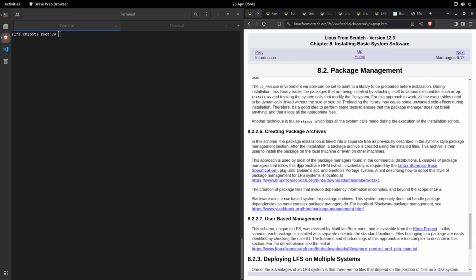This approach is used by most package managers found in commercial distributions. Examples of package managers using this approach are RPM, pkg-utils, Arch's pacman, and Gentoo's portage system. A hint describing how to adopt this style of package management for LFS systems is located at